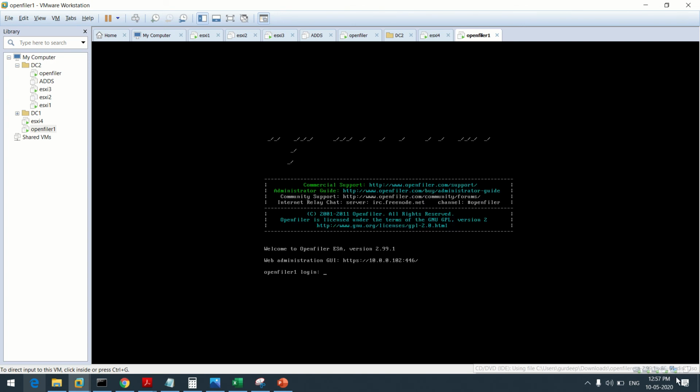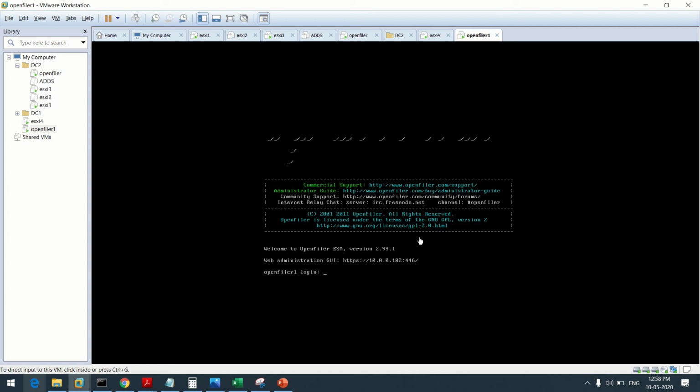So here you can also check. Now look at my cursor. So this is my cursor. Here you can also check how many disks there are. So we have a 15 GB hard disk, a 50 GB hard disk, a 60 GB hard disk, and the ISO image is there, and the network is there. So well friends, my OpenFiler is working fine. Now we have mapped two more disks onto this, the 50 GB and 60 GB.